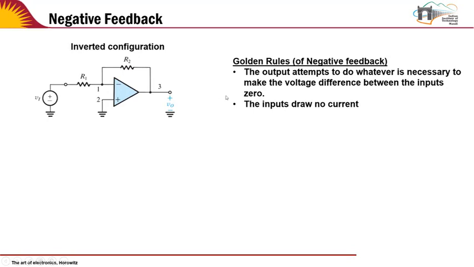The second point is that the input draws no current. We already know this because there is infinite input impedance to the op-amp. How it's infinite, we don't know; we are accepting it. So the op-amp is a system which has infinite input impedance, and no current will flow into it. And the output will do whatever is possible so that the two inputs will float to the same potential. Now, if we accept this, then basically there is something called the concept of virtual